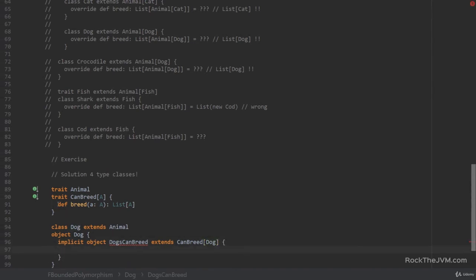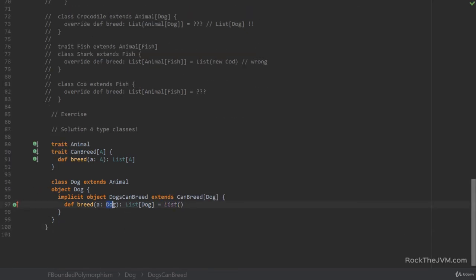And in the breed method, we would need to take a Dog instance, and this will return a list of dogs. Okay, and the implementation is not really important. We are only concerned with the type correctness. So a dog must breed to a list of dogs.